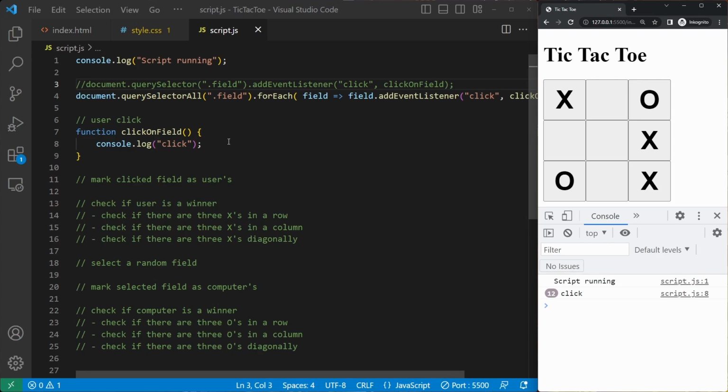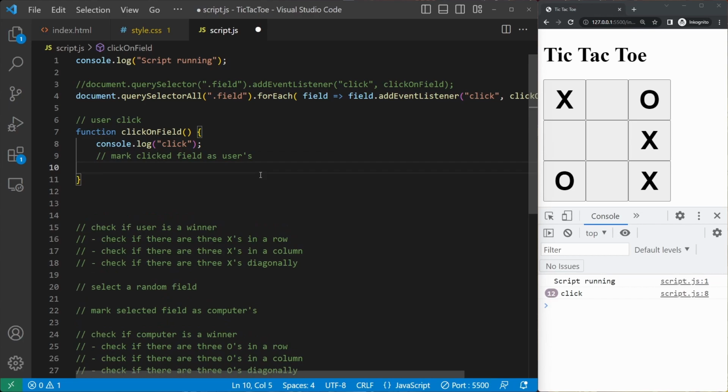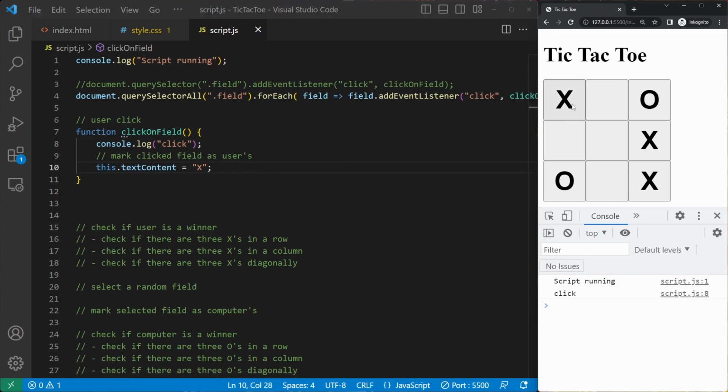Good. The next thing is to mark this field as belonging to the user. So I think that would be just as plain as saying, okay, this dot textContent would be, and the user is an X. So I'll just set an X. And of course, the first one is already selected as the user, but yeah, it works.